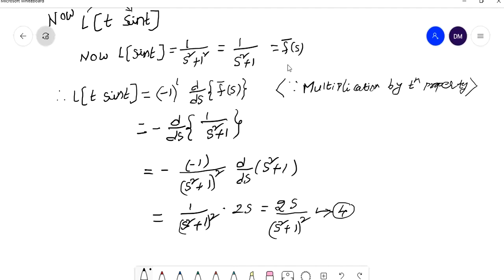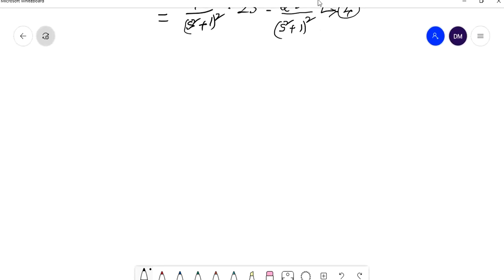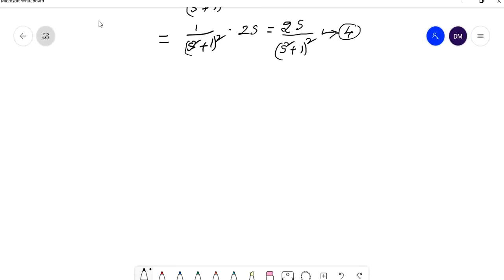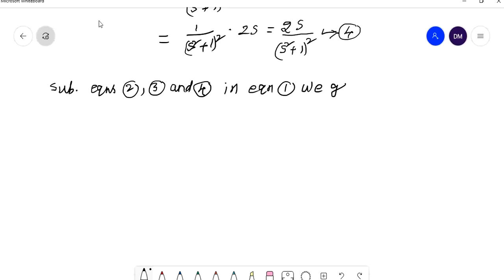Now substituting equations 2, 3 and 4 in equation 1, we get L of 2 power t plus cos 2t minus cos 3t by t plus t into sin t equal to